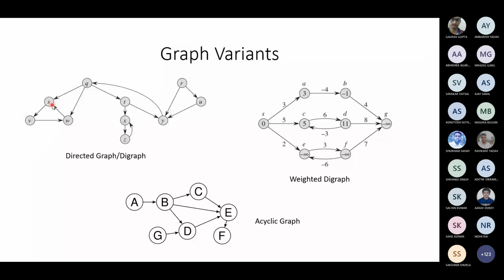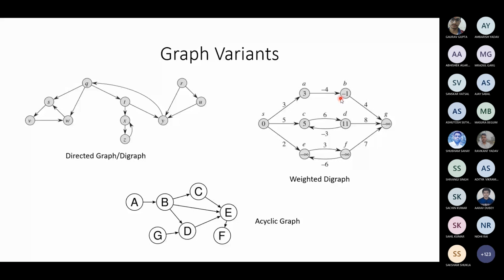From W, it should come to S. It cannot go directly. If an edge exists, it's a directional edge. So the data flow or the traffic flow will happen in only one direction. There will be some routes that are one way. In the reverse direction, you cannot go the same way; you have to follow some other path. When there are directions between vertices, we call that a directed graph or a digraph.